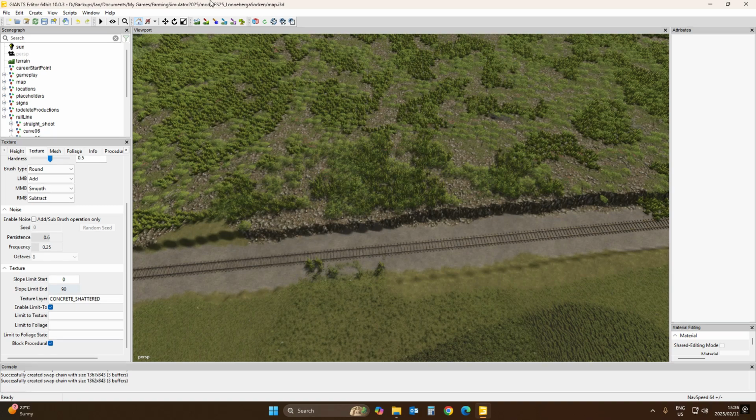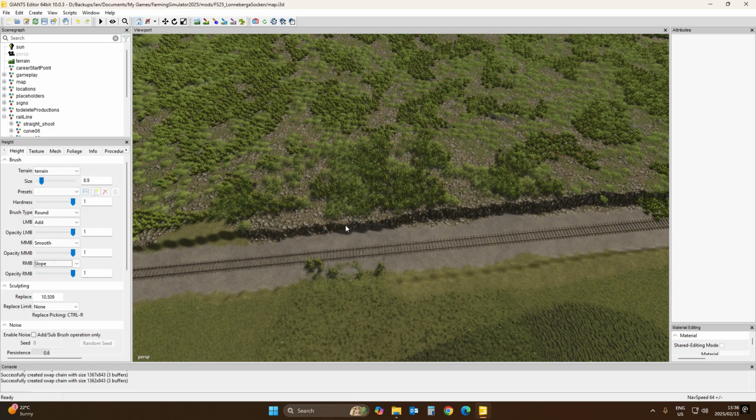obviously come in with my texture tool, my terrain tool, and then just smooth with very little hardness, like so. Maybe even less than that. We'll see now immediately how much it does, and then just smooth this. Yeah, no, this is nice. Just smooth these edges so it doesn't look that jagged, you know. And on this side too, sort of have it nice and